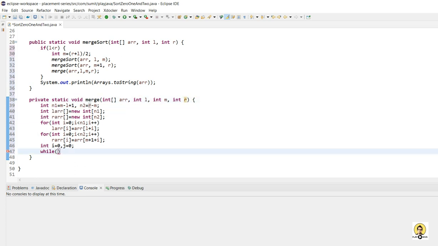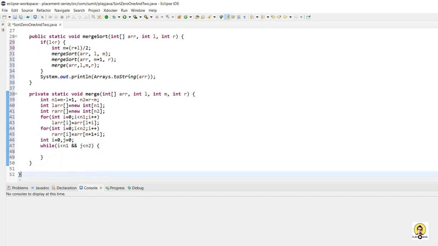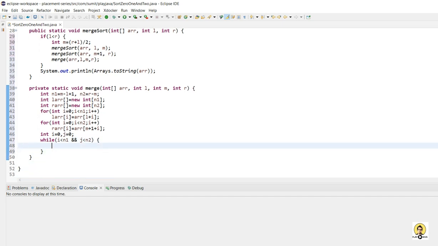So I will go for while index i is less than n1, and j, just for the second array, is less than n2. I can simply go with the computation. The logic will be simple. If left array at i is less than right array at j,